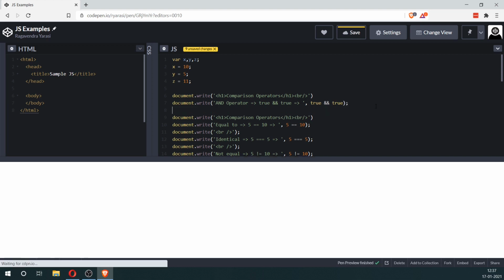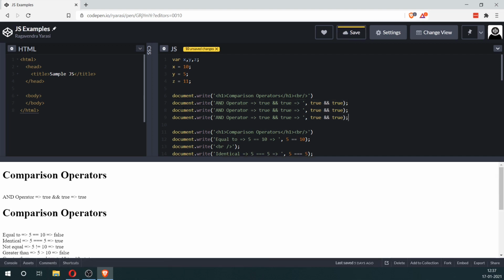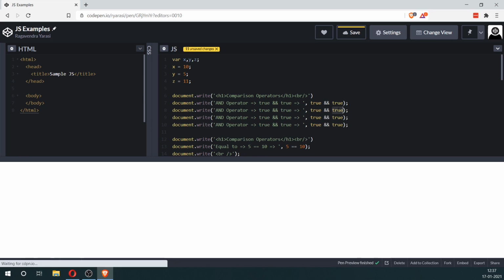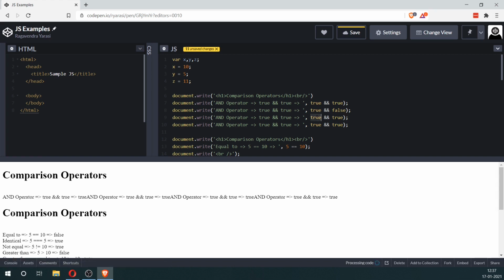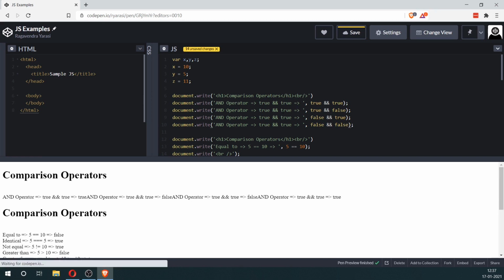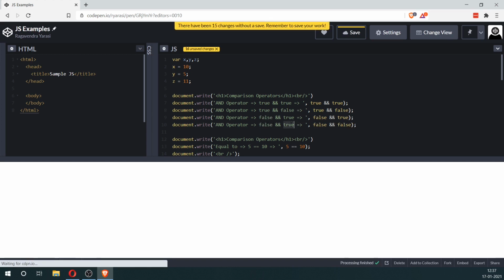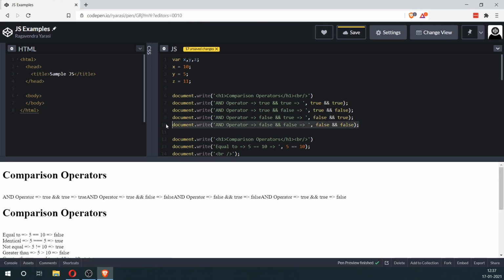We're going to see some examples of the different possibilities here. So the first one is true and true, and the second one is true and false. Third one is false and true, and fourth one is false and false. So all of these conditions we're going to look at how it affects the result. So that's the AND operator.